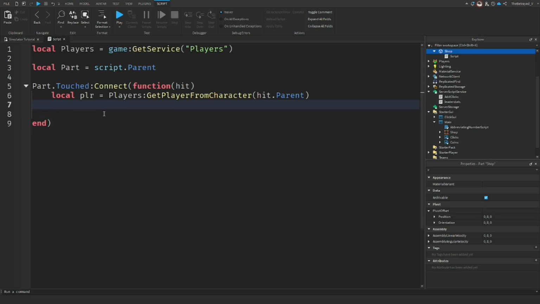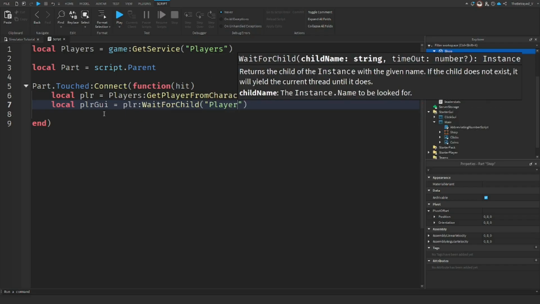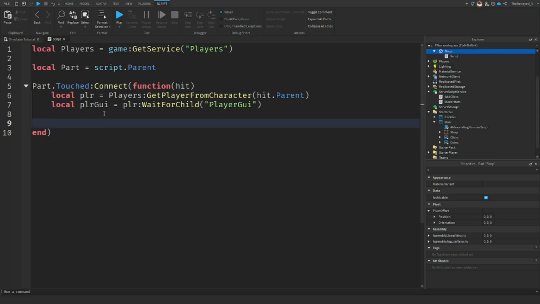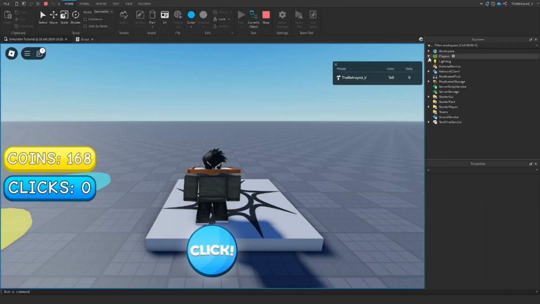GUI. So we already have our PLR set from when we touch the part. So we're going to do local PLR GUI is equal to PLR wait for child player GUI, right? And now we're going to do PLR GUI dot main dot shop dot visible is equal to true. So basically the PLR GUI, if I play the game real quick,